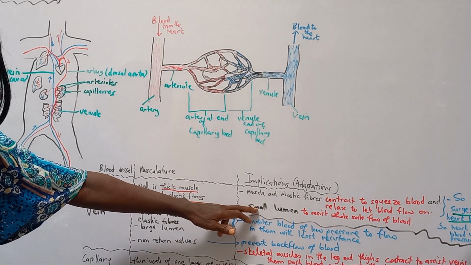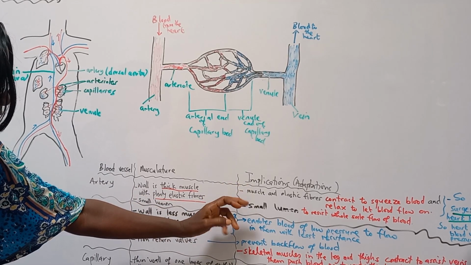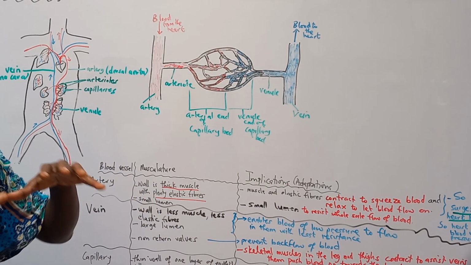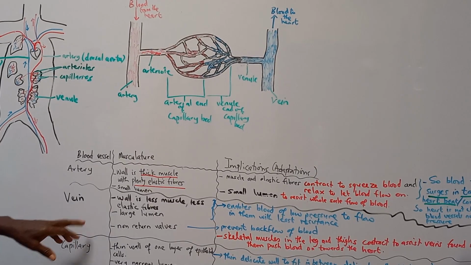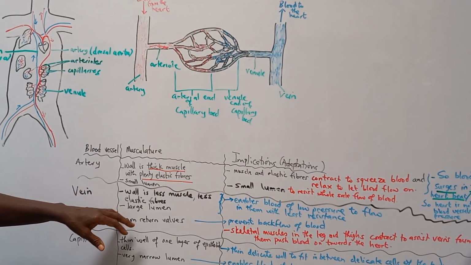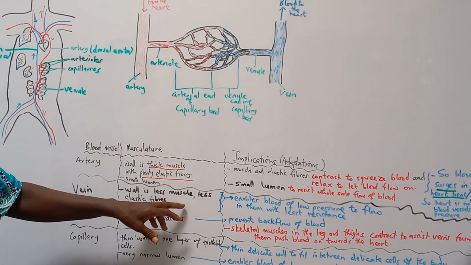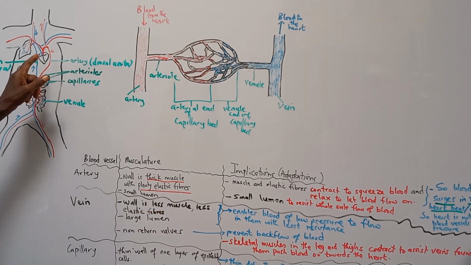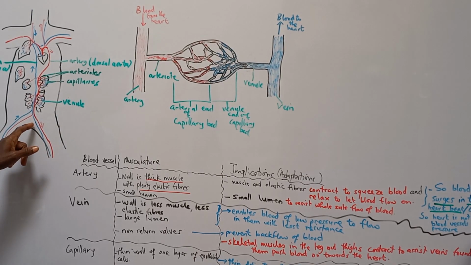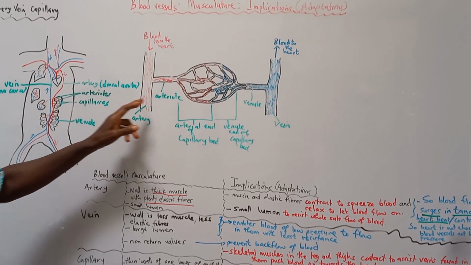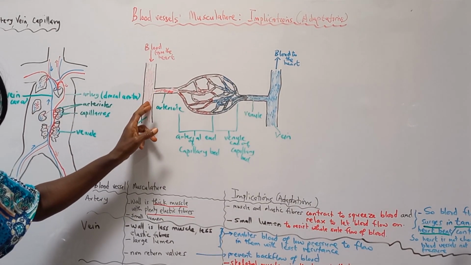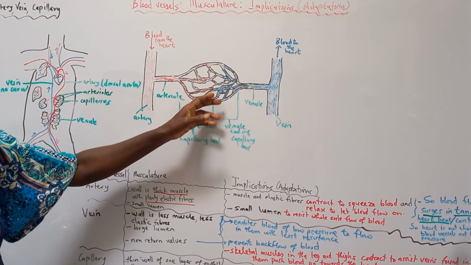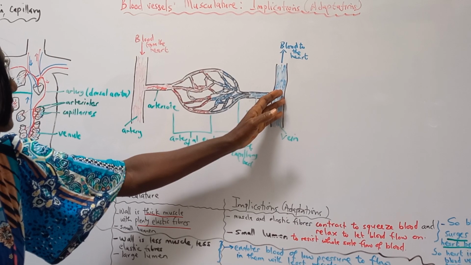The small lumen and the thick muscle also protect the whole artery from collapsing under the high blood pressure. Now, what about veins? The vein has a thin, less elastic wall and a large lumen. The veins collect blood that has gone through capillaries. Blood comes here with pressure and flows into these capillaries, and so the pressure falls and the blood will have to go through the veins